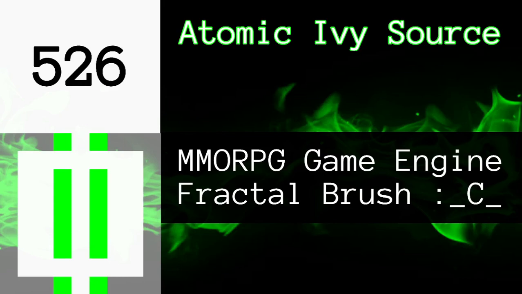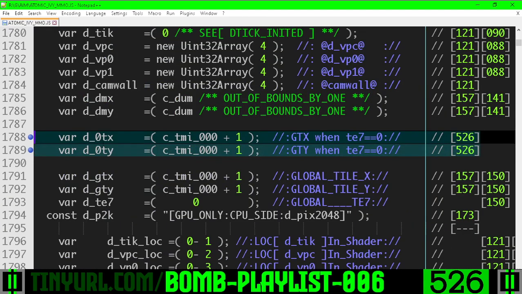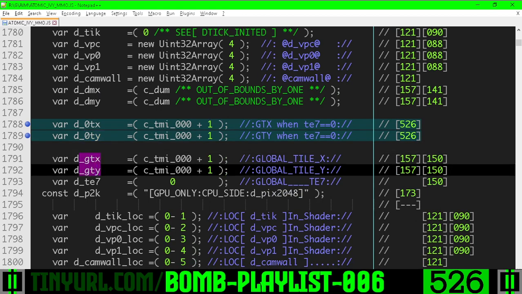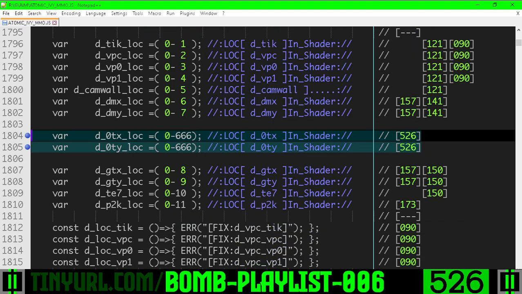Video 526, let's get into it. So we've added new variables. In the top level variables section, where there are no lookup tables, we have 0tx and 0ty. This is going to be gtx and gty when the tile size exponent is equal to 0. And we're going to use it because our fractal brush is always in terms of tile size exponent